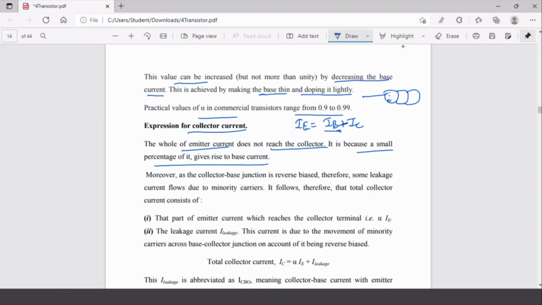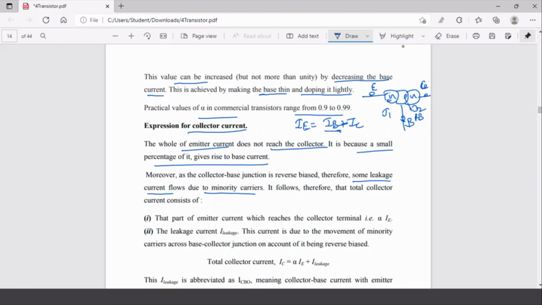Now this is an NPN transistor, let's say. This is J1, this is J2, and this is reverse biased. So this is emitter, base and collector. The J2 region is the collector-base region, which is in reverse bias condition. What will happen in reverse bias? There will be a small amount of leakage current flowing, mainly due to the minority charge carriers. We had seen in our diode, the PN junction experiment, that a small amount of leakage current flows because of minority charge carriers.